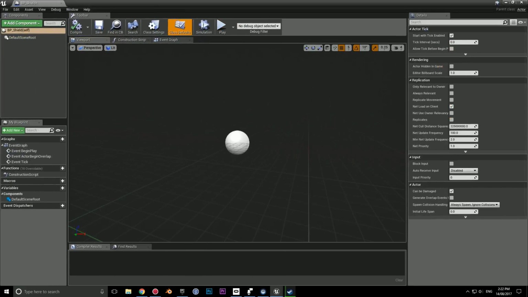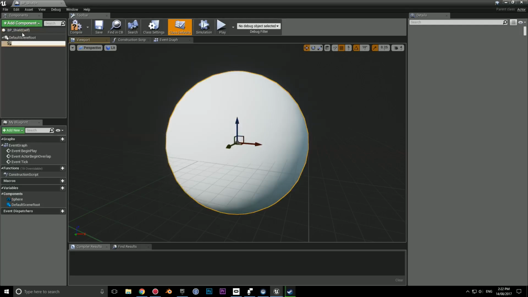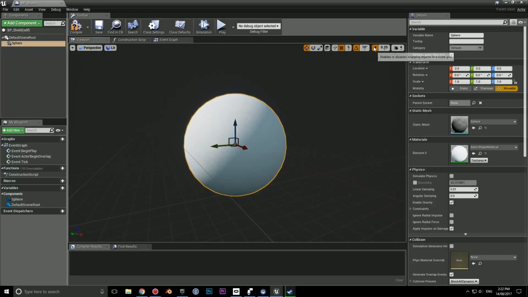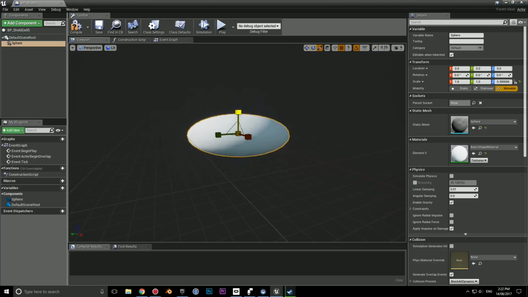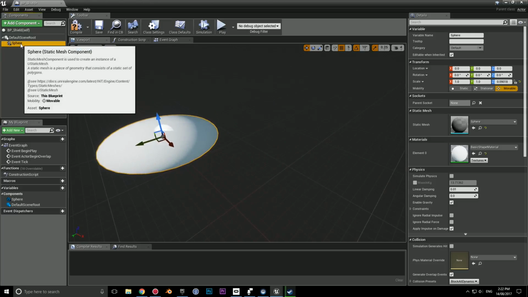Now on the shield itself, it requires a few components. The first one is a mesh, so we're going to just add a sphere for now, and we're going to turn this into a kind of shield. Disable the snapping objects on the scale, press R, and we're going to scale it down on the blue to something like this. Re-enable the snapping on the scale, and we're going to call this our shield